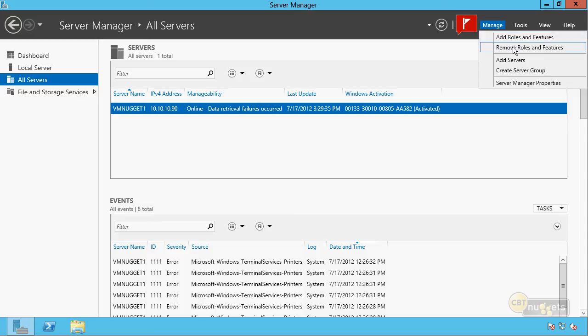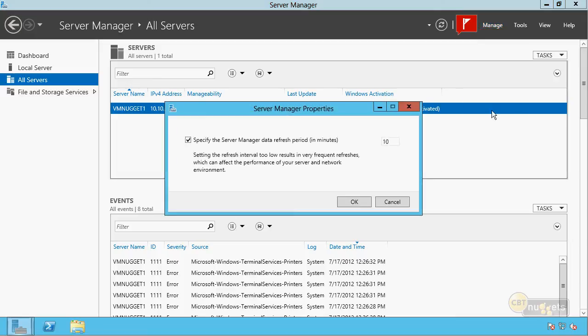Also notice that we can remove roles and features through the same UI. Add servers. We would do that to be able to centrally manage other servers from the same console. You can also create a server group, which allows you to make a single configuration change to the entire group at once, and then all servers will adopt that change. And then you can also go to the Server Manager properties, which is not that glamorous.